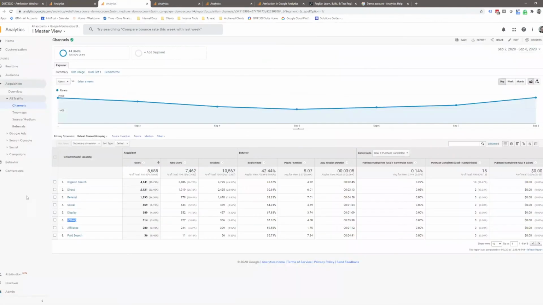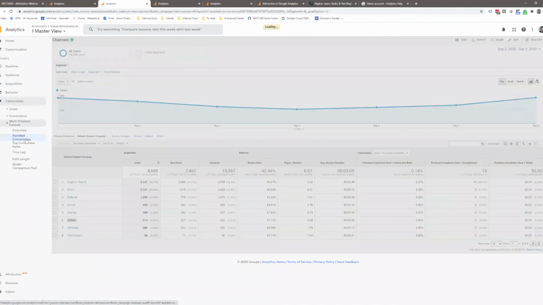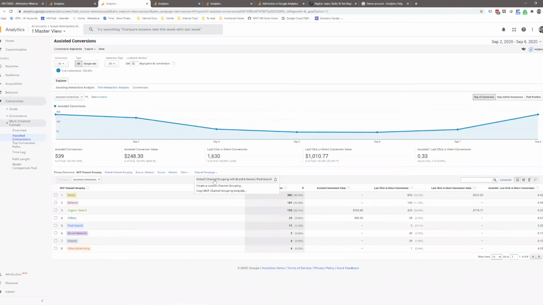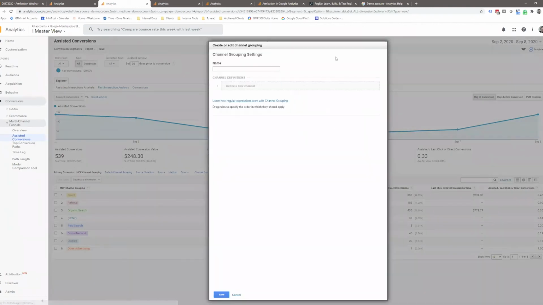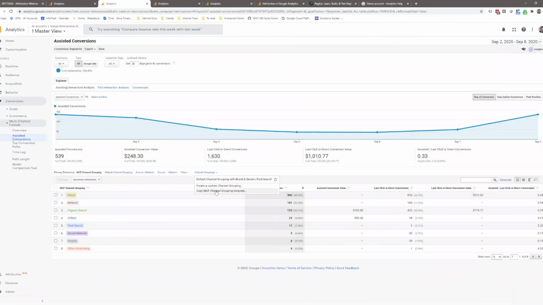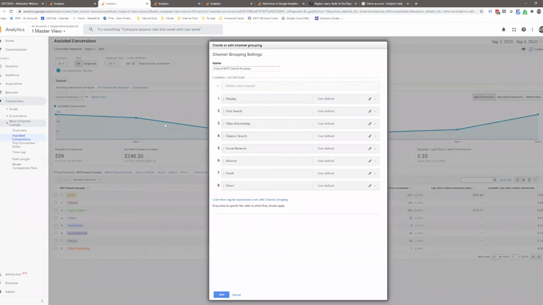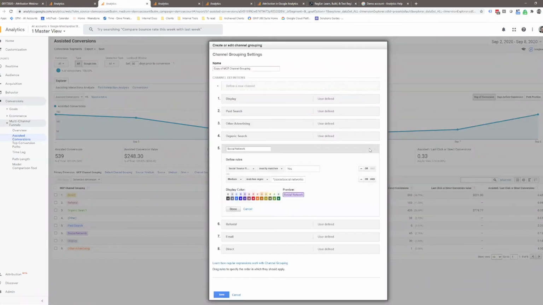You could actually go into the conversions, the multi-channel funnels, any one of these reports, and take a look at the channel grouping. So if I do copy custom, oh, I just did a blank one. Like this one here, again, same channel grouping and all that, but these actually spell it out. So social exact. So if you are ever curious about what's happening under the hood and behind that dropdown, you can always come into the multi-channel funnels, and we'll revisit this when we talk about this particular section. Okay, so